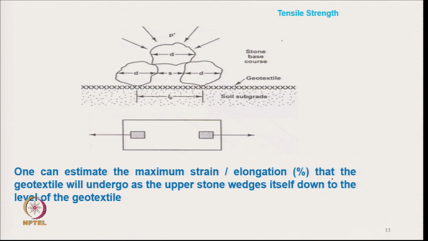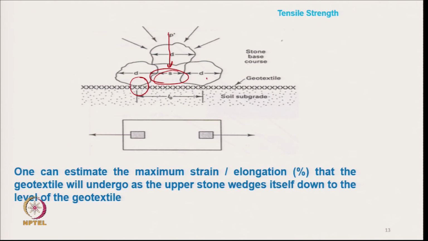as the upper stone wedge itself goes down to the level of geotextile. So, this is the initial stage. If it comes down to this stage here, then we can calculate the maximum strain or maximum elongation. So, when the maximum elongation condition generates,